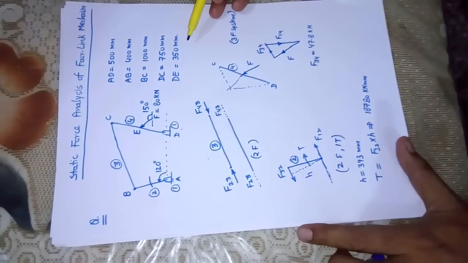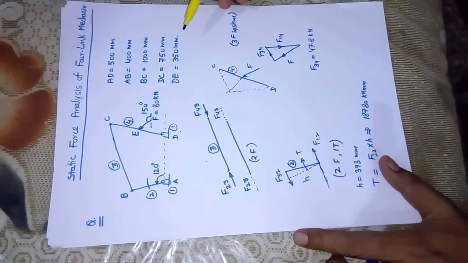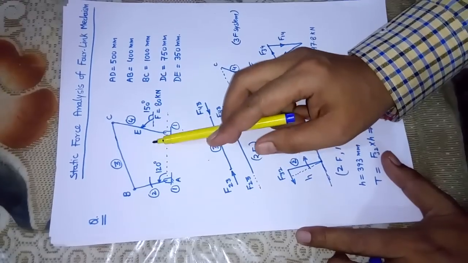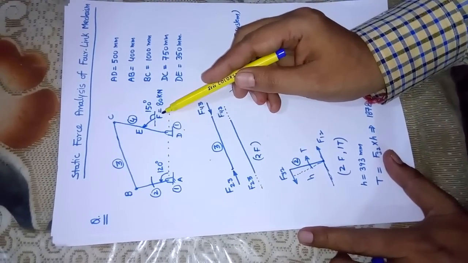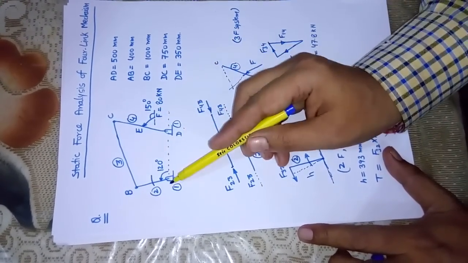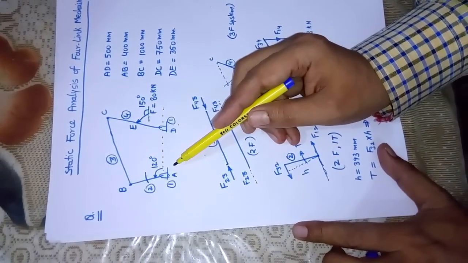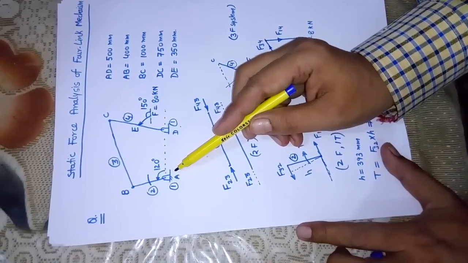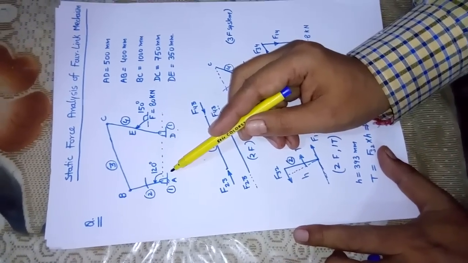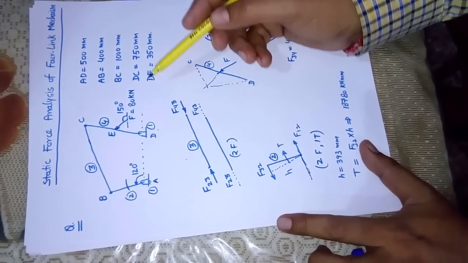How to do static force analysis? What is the meaning of static force analysis? It is that if we are having such kind of four bar mechanism and an external force is applied at a point, then what particular torque should be applied on link AB so that the position of equilibrium will not be disturbed. So to do this, we have to move through identification of different links and go for static force analysis.